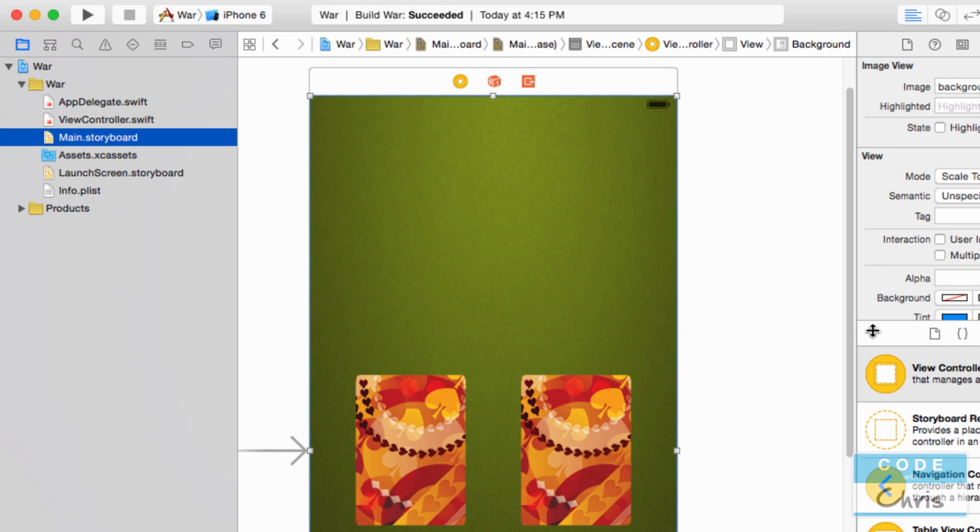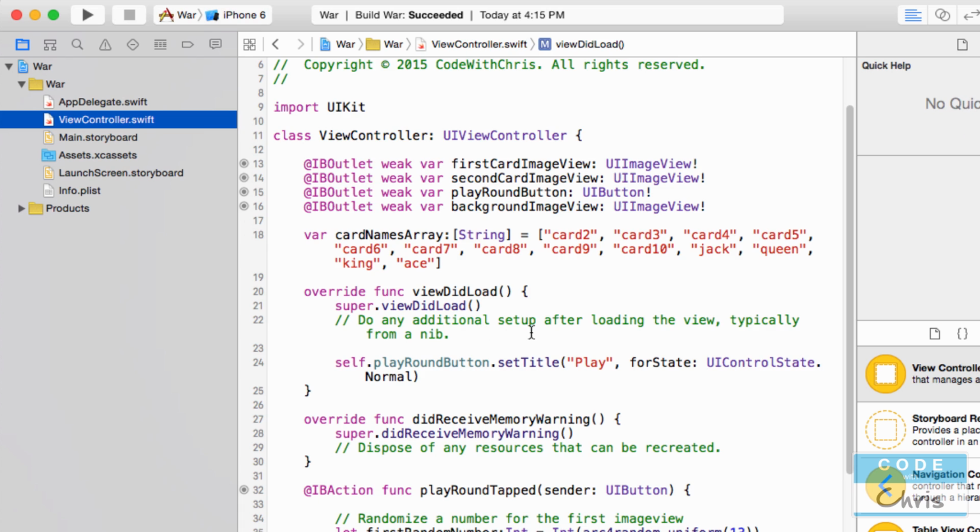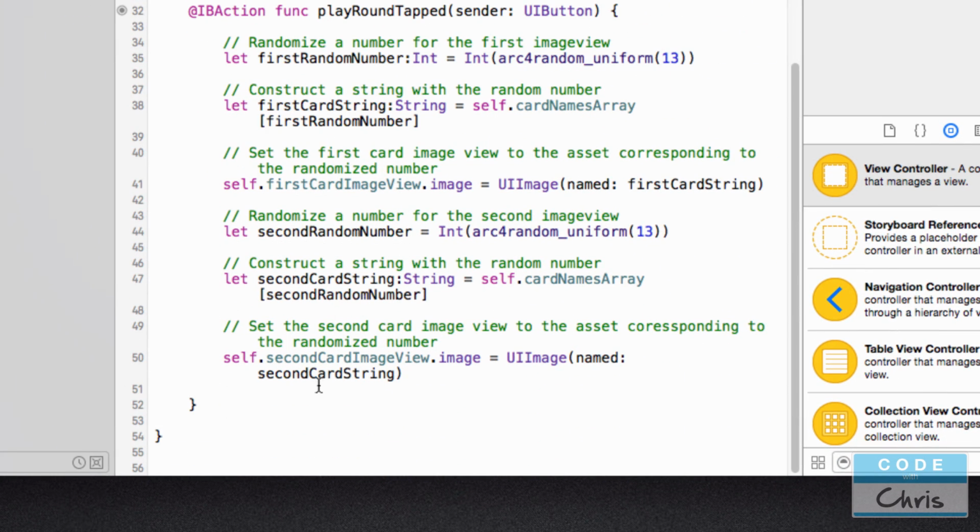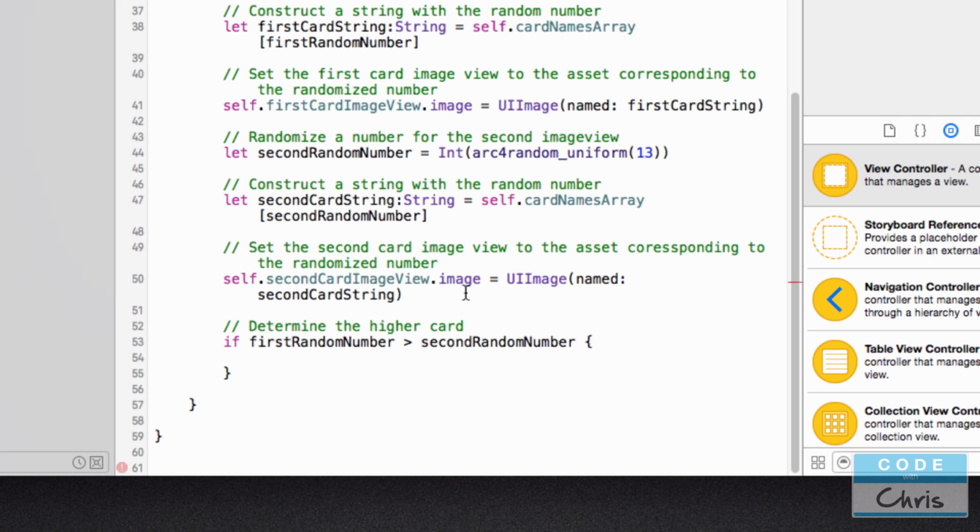So right here I have our Xcode project open, and we're going to implement the if statement inside the viewController.swift in the playRoundTapped method. So right now when we execute this code, it's going to randomly generate a number and assign the corresponding card to the UI image view, and then it's going to randomize a second number and do the same for the second image view. So down here below that, we want to determine the higher card. So all we have to do is basically write if first random number is greater than second random number, open a set of curly braces, and inside here,